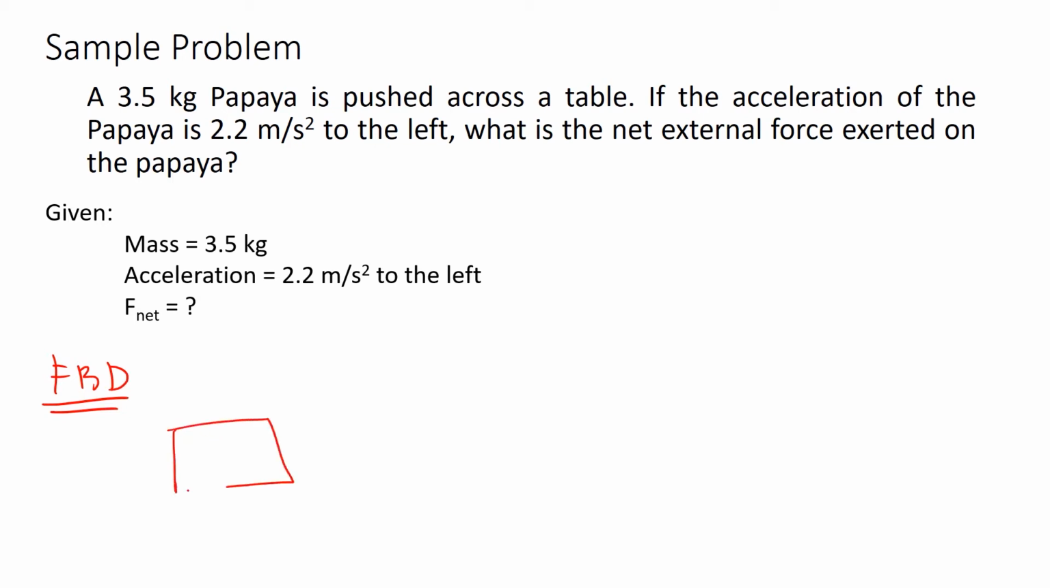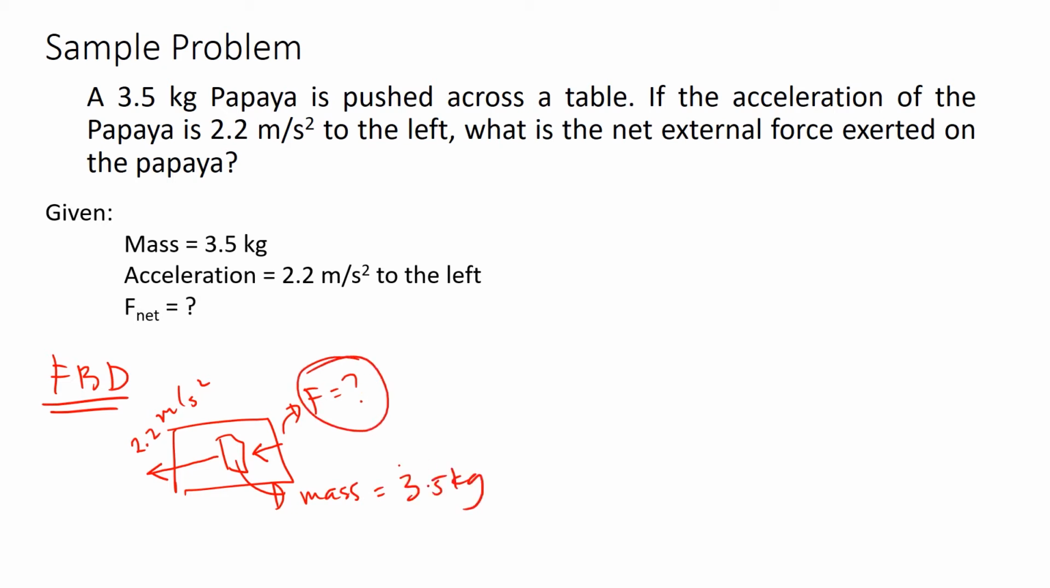So let us say this is a table, and we have here a papaya, and this papaya is being acted on by a certain force, which is an unknown force, and the papaya accelerates to the left with a value of 2.2 meters per second squared, and this papaya has a mass of 3.5 kilograms. So what is the external force acting on that papaya to accelerate at 2.2 meters per second squared to the left? So the solution for that,